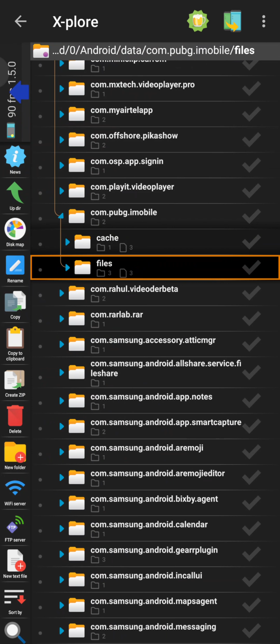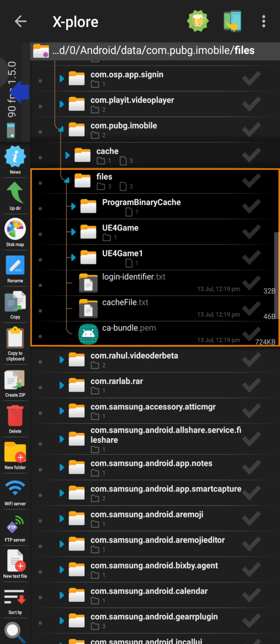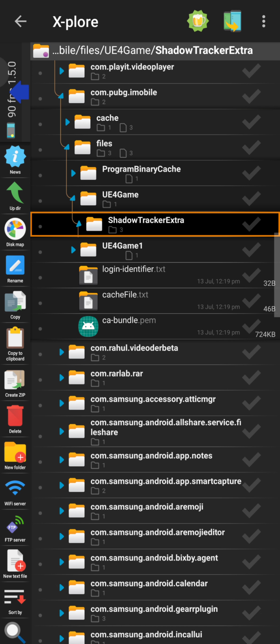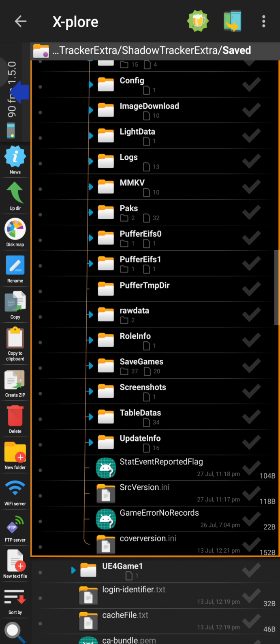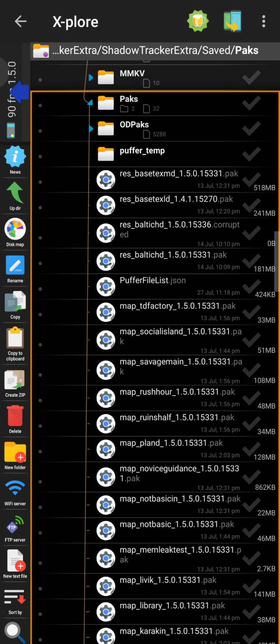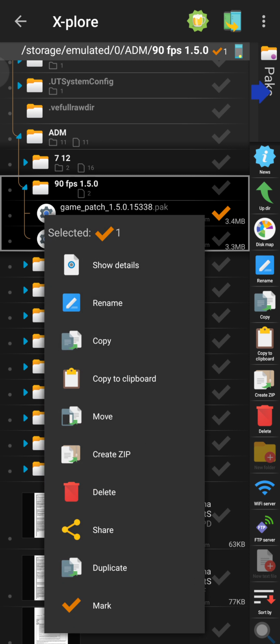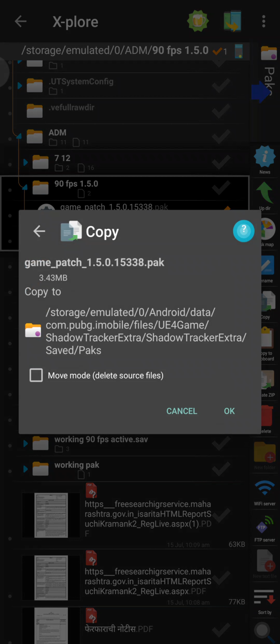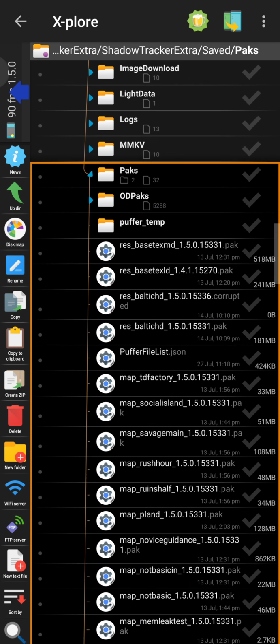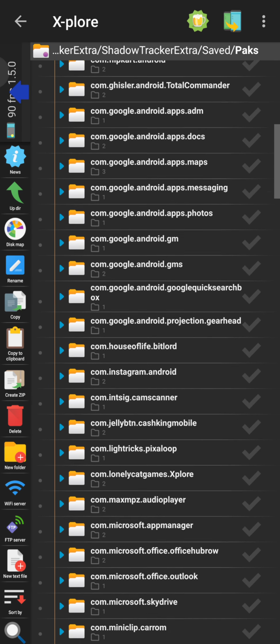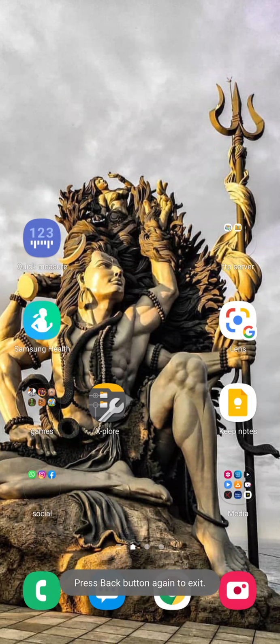You should just copy it into UAE for game shadow tracker extra saved and parks. Just copy it, press OK button, and it will show you three options: overwrite, copy, move. You should overwrite it.